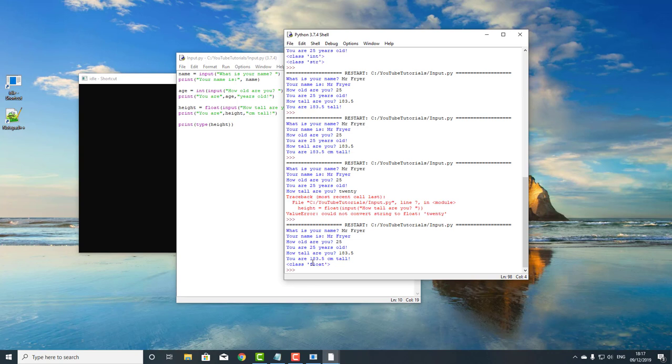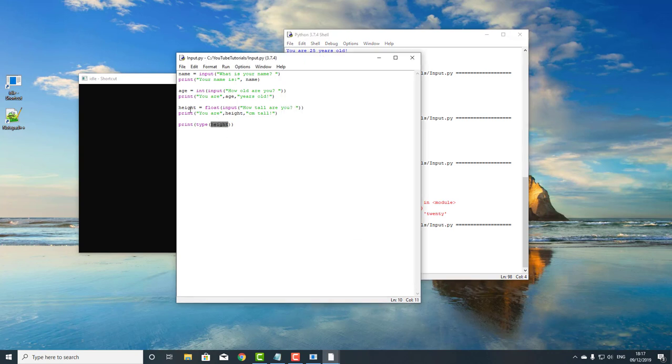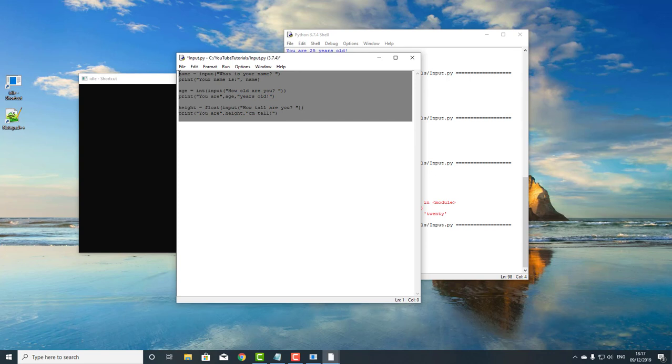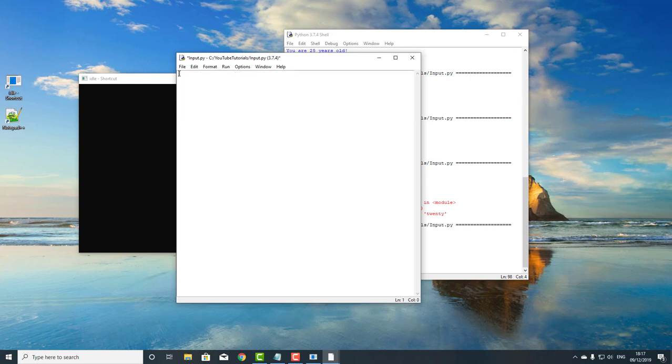And it will now say class float to say that the height variable is now a float. So there are a couple of important considerations with this, in that if we ask the user for two numbers and add them together, if they are two strings, as we discussed previously, it will put them next to each other. So if I do number1 equals input